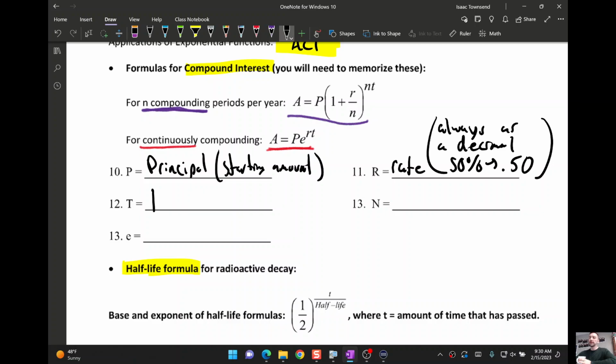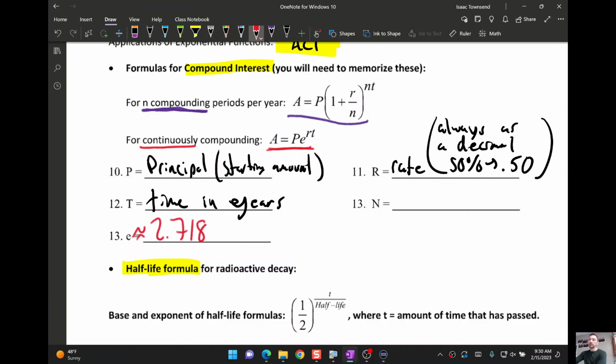Both of these formulas have a T, which is for time in years. So if it was only 6 months, then T would be 1/2. And then the other 2 things depend on which formula you're talking about. If you're compounding continuously, you've got an E in here. This E is just a number, just like pi is just a number. E is about